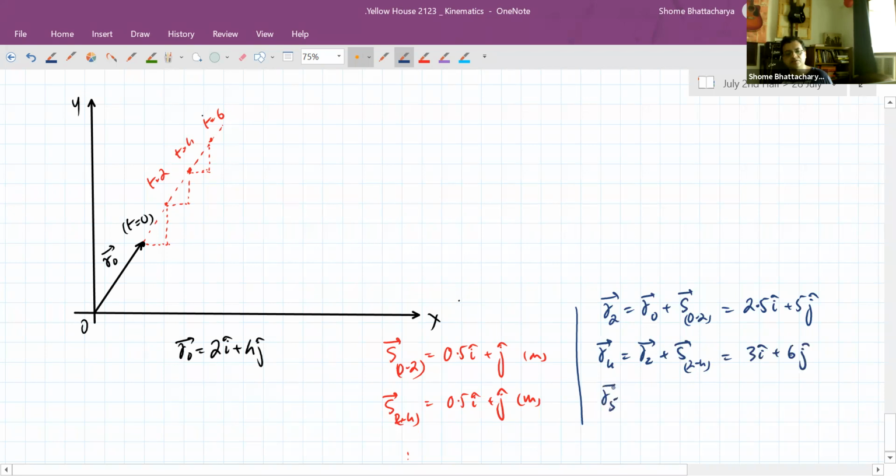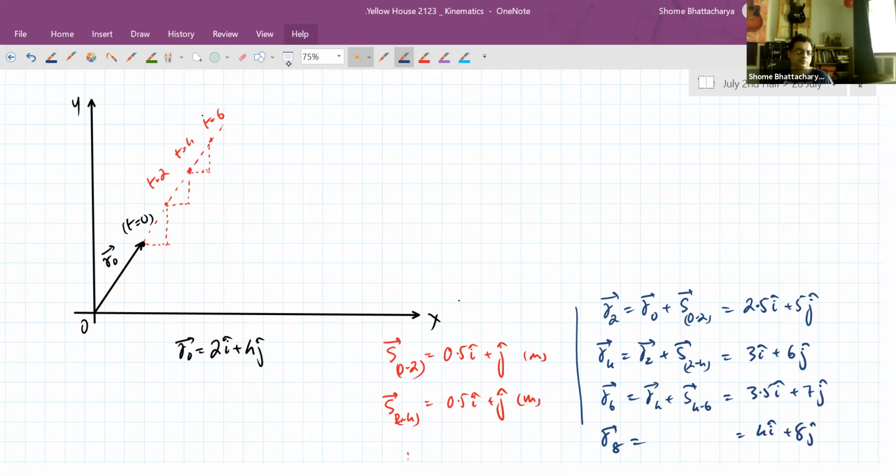Like that, the position at 6, and so on. So with this kind of picture in mind, we can understand that